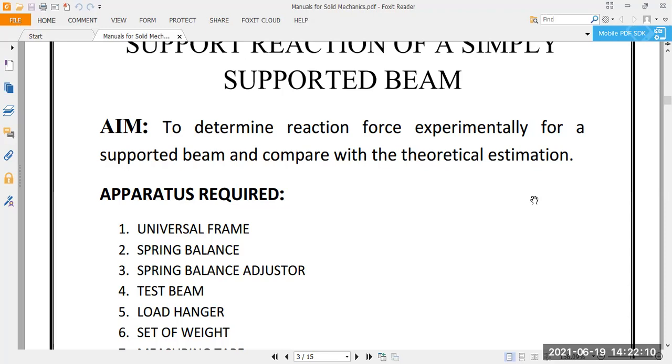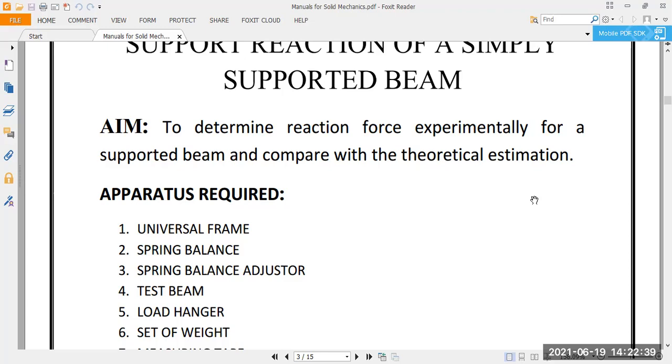Another simply supported case: one end of the support must be at the end, and it is a hinge joint. Hinge means the door hinge, that type of joint. And the other end is just supported and has no hinge on it. This other end can be at the end or can be away from the end, but the hinge joint must be at the end. This is also simply supported.